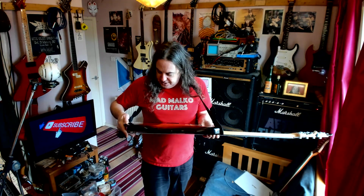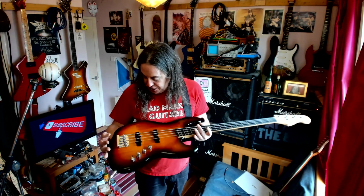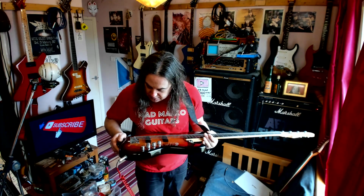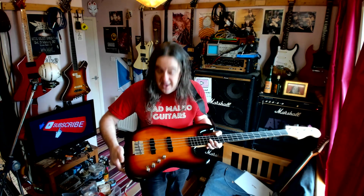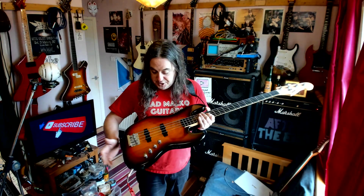I wish I was better at telling wood, but I can't tell you what kind of wood this is. Is it ash, perhaps? 1, 2, 3. Three pieces of wood. Jazz bass pickups, high mass bridge,